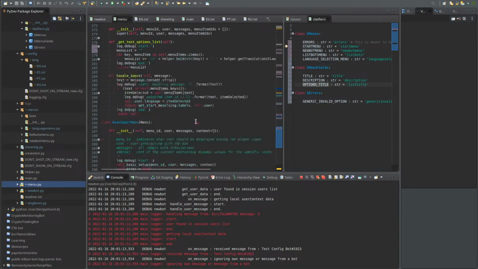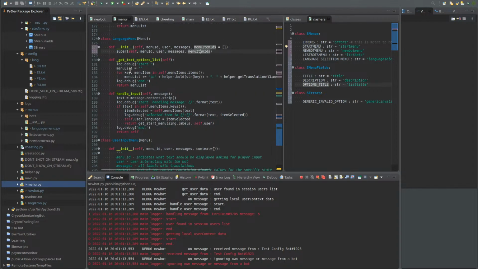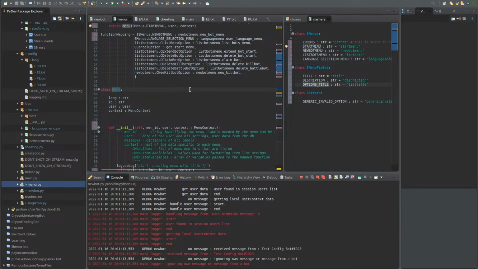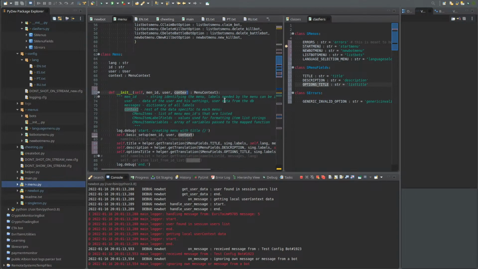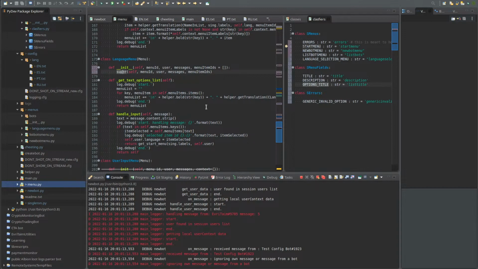Now how do I actually make the menu? Right. So when initialized, also concept. What is this? This is nonsense. I need to get rid of this. Menu item IDs. Oh, it passes along an empty list. Because I think that's what it expects. Yeah, now it accepts context. Context is kind of important. It's used quite a bit. I guess it's not used